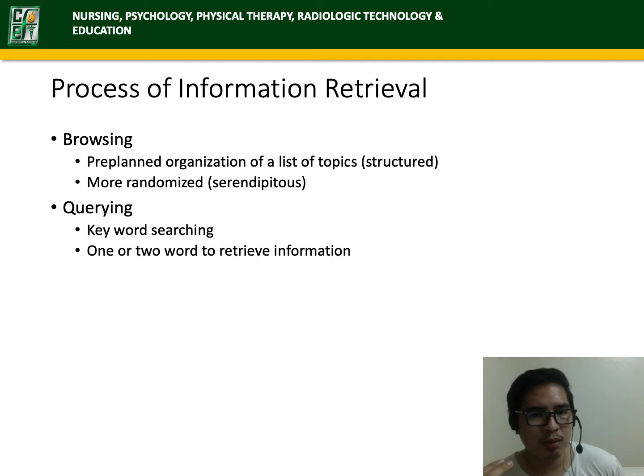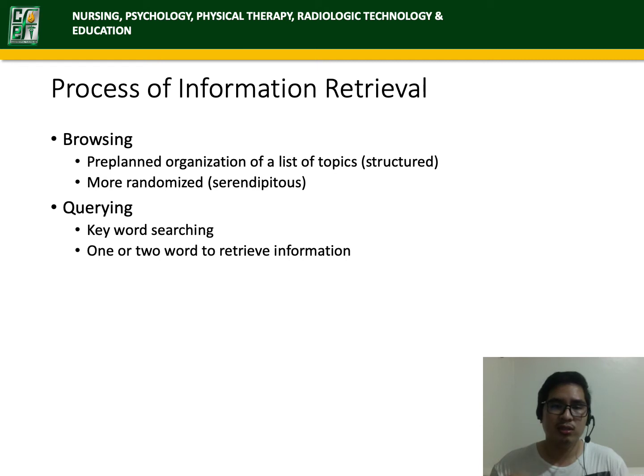Kung ano lang yung pumasok sa isip mo at the time that you are conducting your literature review, yun lang yung tinatype mo. So it depends on the person who is doing the literature review. If you're an organized or structured person, you'd write it down and then follow the list, searching for the literature review. If you're more of a spontaneous person na medyo disorganized, then